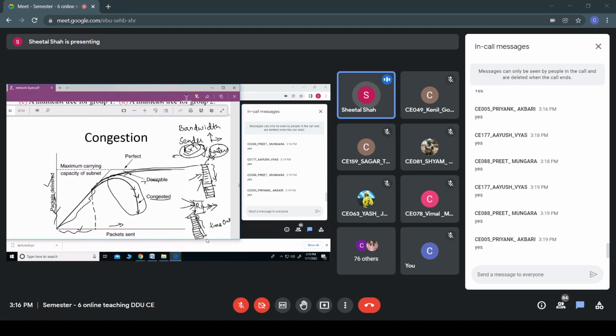If it times out, what happens? That packet will be dropped from this buffer or from the network. And what happens when it times out? The sender has already sent a message. Since it has not received any acknowledgement from the receiver, what will it do? It will time out that packet and resend that packet again to this router or to the receiver. Are you getting my point?